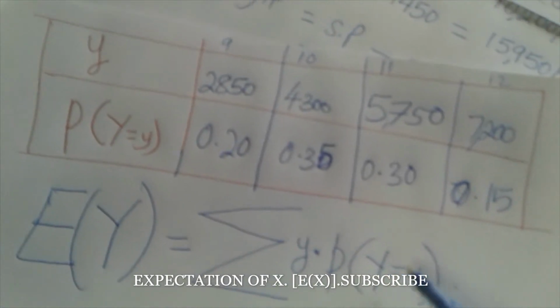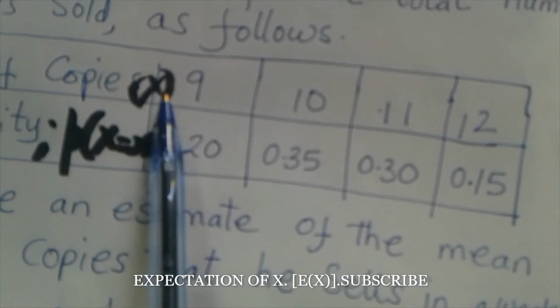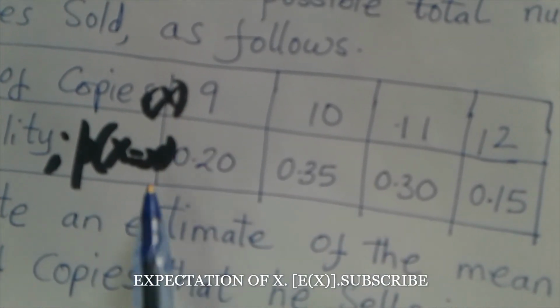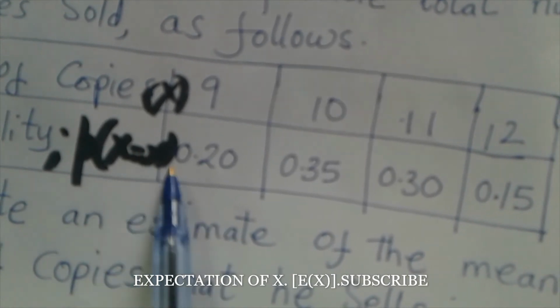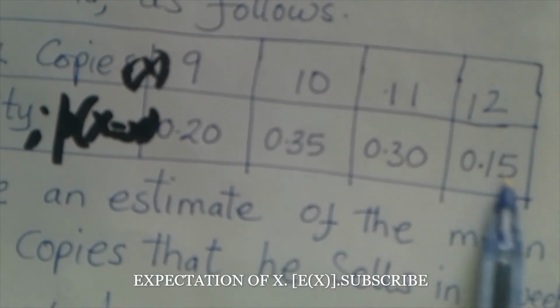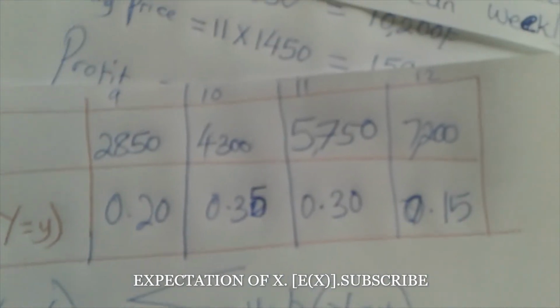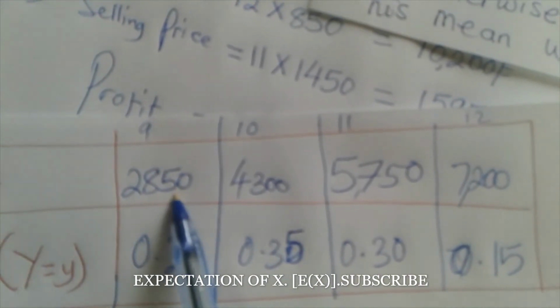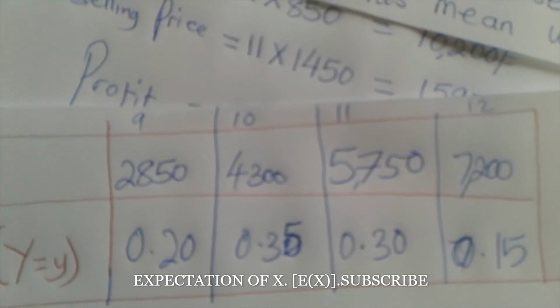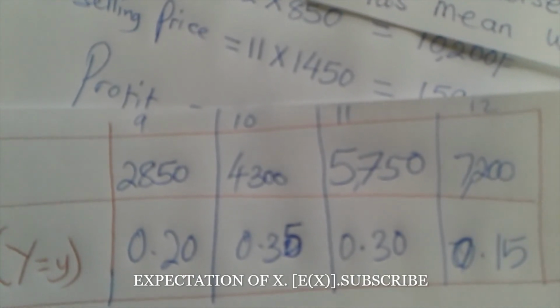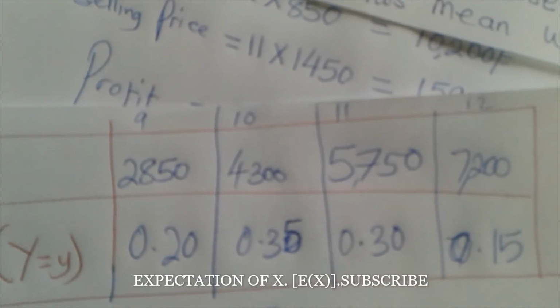So long as we have the original problem involving x, if we change the variable to y but refer to the same question, the probabilities will not change, and as usual we multiply y times the probability. Manually it will be 0.2 times 2,850